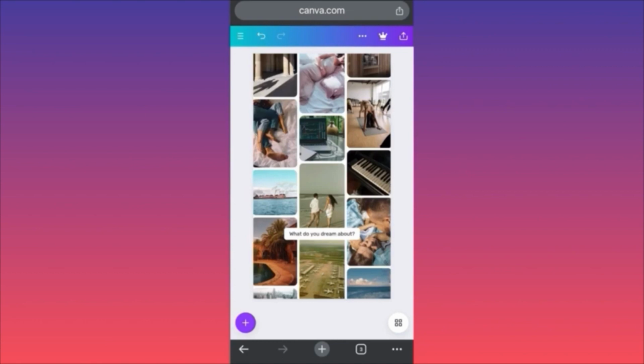So this is how you essentially could create your own wallpaper by working from scratch. Unfortunately, as we saw, there isn't a free template that you can use right away from Canva, but you can create your own for yourself. And when you're done, all you gotta do is to come on the upper right, click on the arrow and